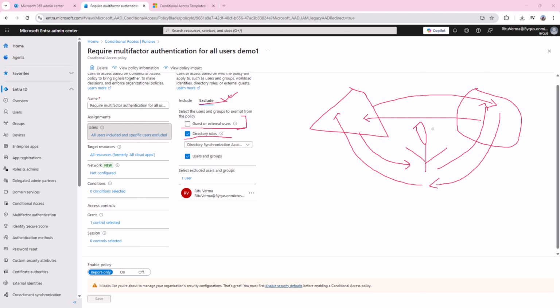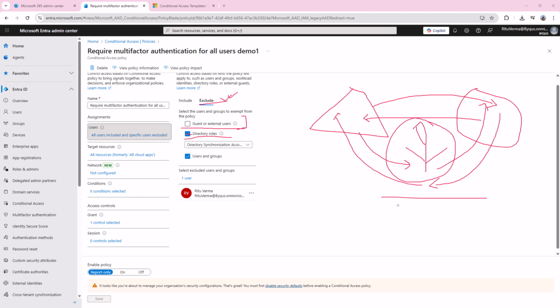To do this, this account should have a directory synchronization role. If you enforce multi-factor authentication on this, if you remove the exclude mark from here, the sync will stop.